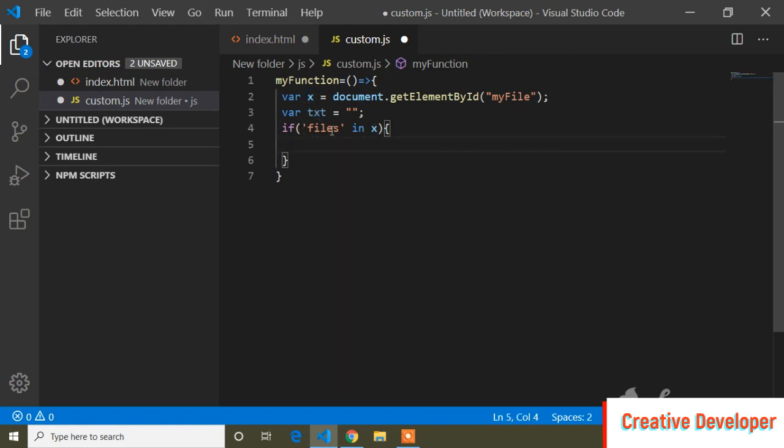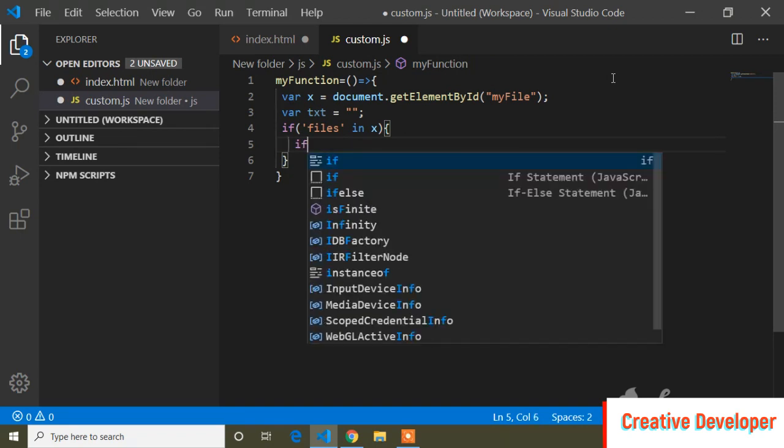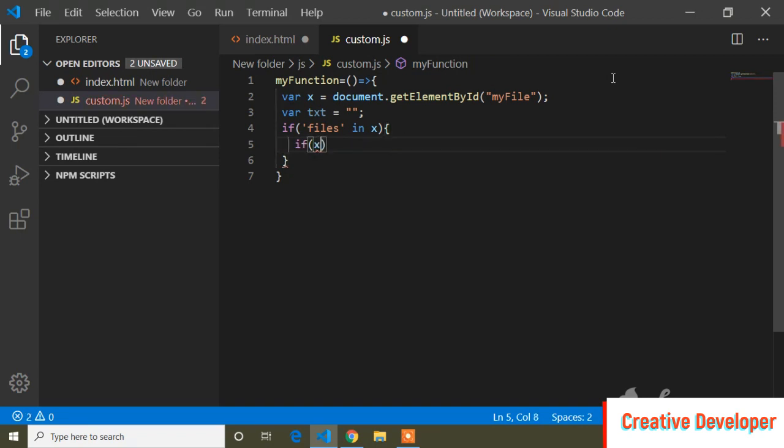So 'files' in x, and now I will write if x.files.length double equals 0. That means when I'm not uploading any files, files.length is 0.